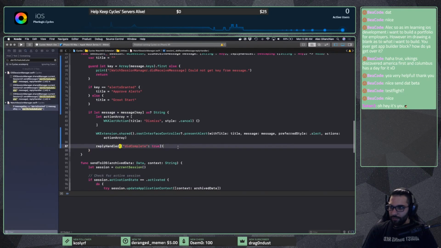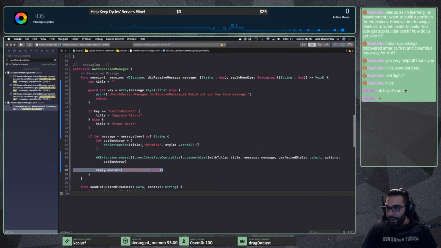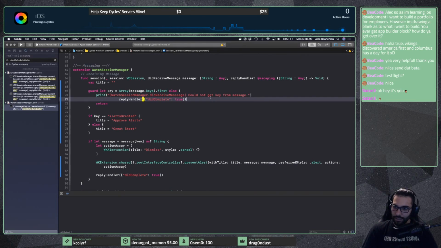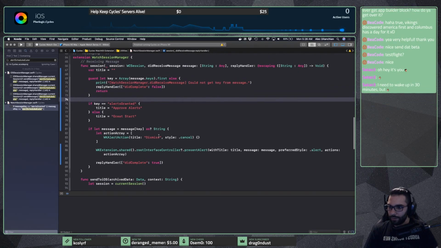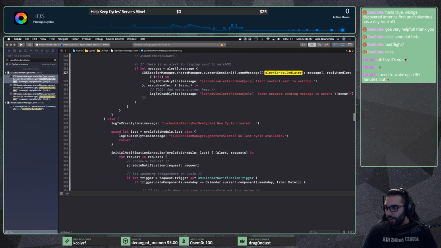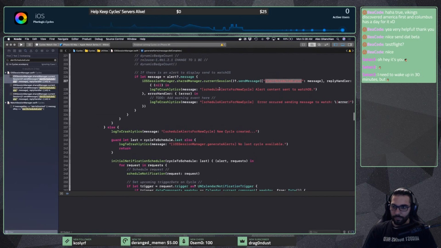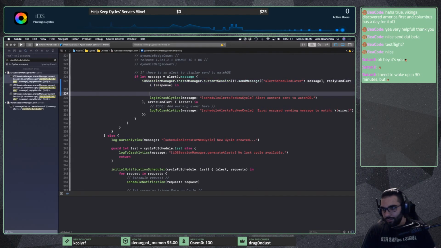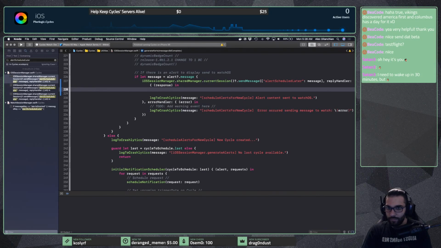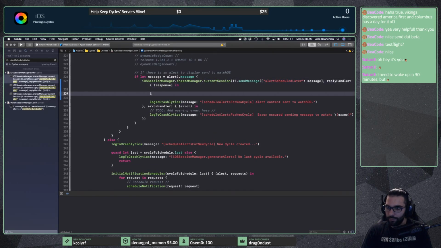Cool, so essentially what we're doing is just calling this here, and then else this reply handler will be false. So the reason why I wanted to do this is so when we come back here, we have a response, and we can say if